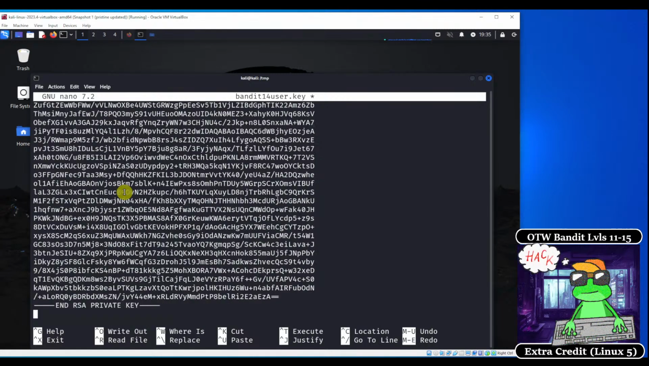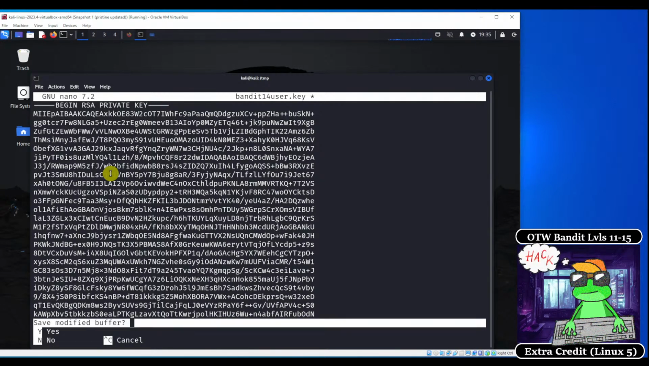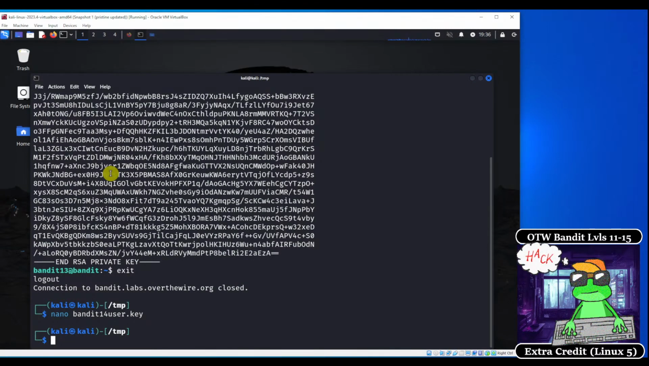And now this file over here has the contents of this RSA key that we're going to use to log in. From nano, we do Control-X to exit the text editor. When asked to save the modified buffer, type Y for yes, and then the file name to write is bandit14 user.key over here. We just need to press enter to confirm that. Okay, so